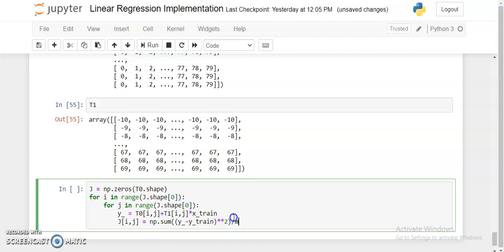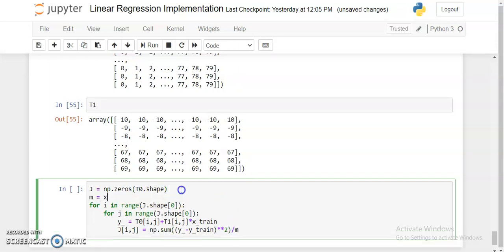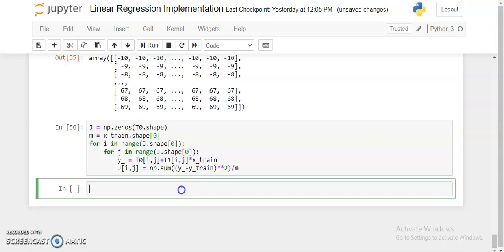And I'm dividing by m, where m is the shape of our training data, train.shape[0], right? Now from here I got the value of loss at every i and j point, right?